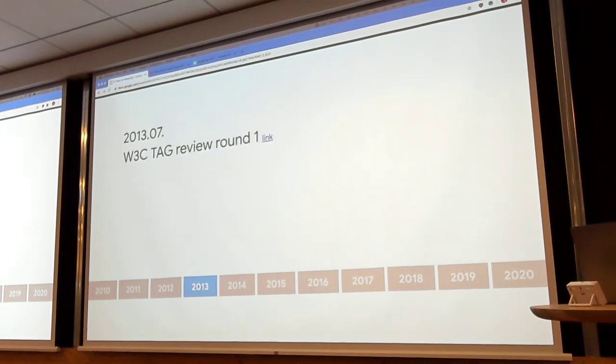Then in 2013, the Audio Working Group encountered the first roadblock. This was bad news for the group. The W3C TAG, the Technical Architecture Group, is a special working group in W3C that provides technical consultation to the other working groups. The TAG published the design review on the Web Audio API specification in 2013. And the result was not really happy. It's maybe kind of an understatement, but yeah.